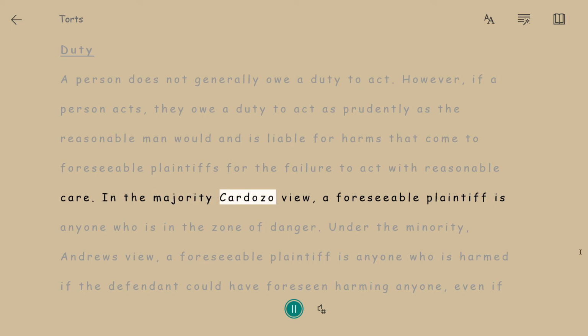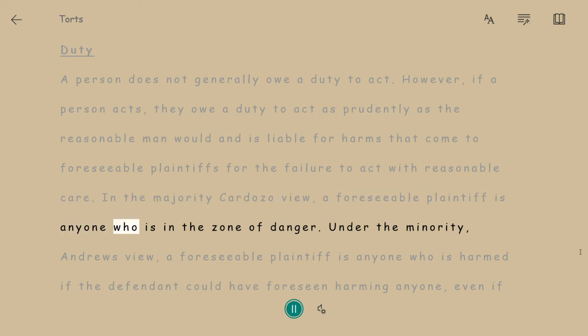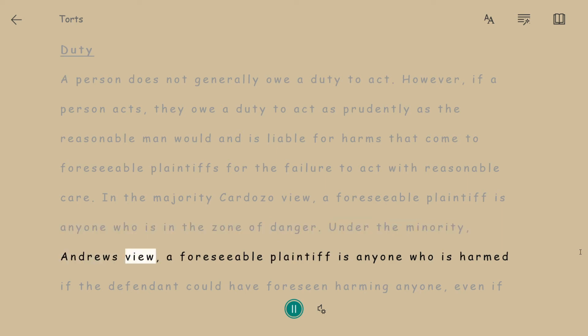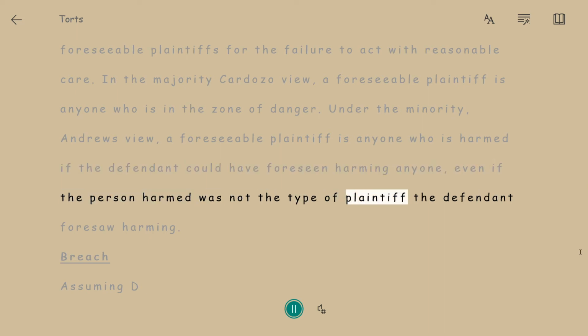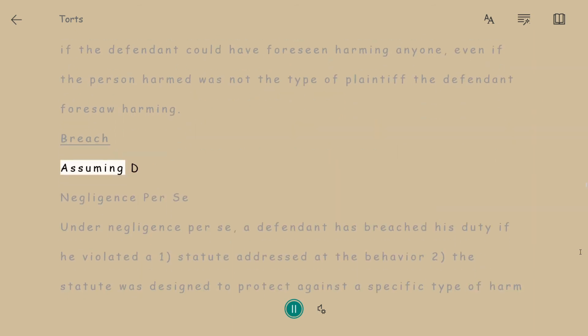In the majority Cardozo view, a foreseeable plaintiff is anyone who is in the zone of danger. Under the minority, Andrews view, a foreseeable plaintiff is anyone who is harmed if the defendant could have foreseen harming anyone, even if the person harmed was not the type of plaintiff the defendant foresaw harming. Breach. Assuming D